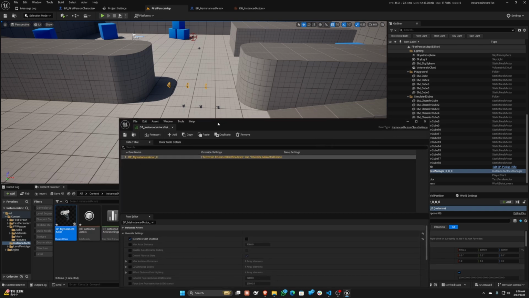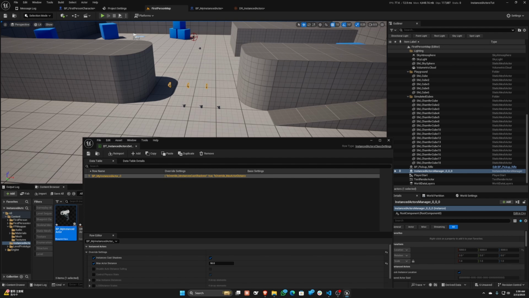So we have this data asset, right? The DT instance actor settings, and in here we can tweak our actor. For example, right now the max actor draw distance is 1000. That means that your actors will pop in, the actual actors, after your player is within the 1000 meters or 1000 units distance. If I change it to maybe 50, then save it,